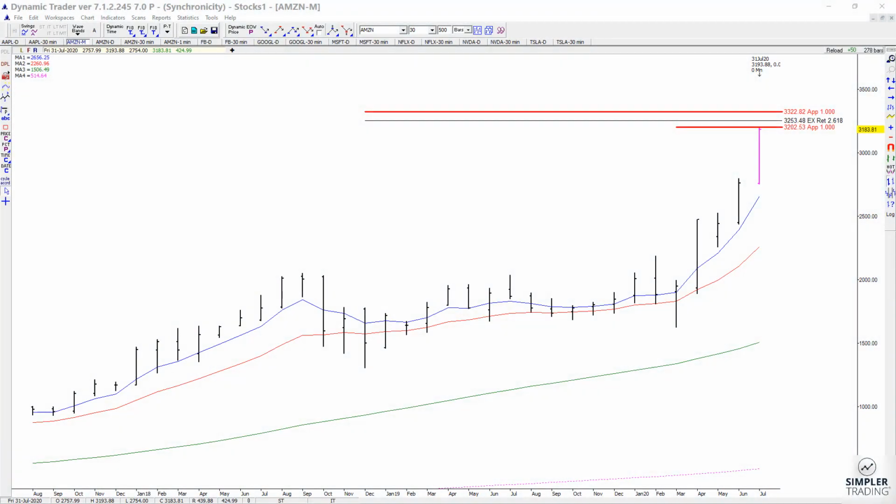In today's video, I want to go over a trade setup that we had today along with a trigger. People continue to ask me about triggers. They don't understand triggers, so I'm going to show you. But before we look at the setup and the trigger, I just want to show you that this is a monthly